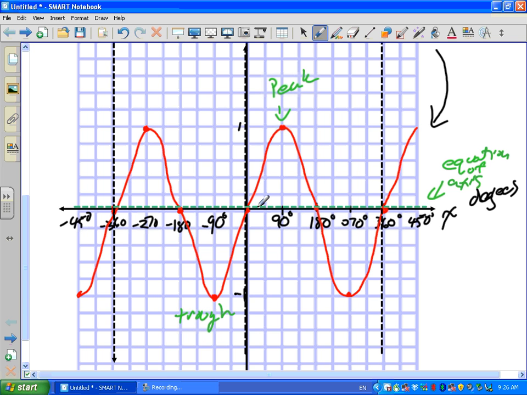How far is it from the equation of the axis to the peak? It is 1. And from the equation of the axis to the trough, it is negative 1. Still the unit of 1, right? We've still traveled 1. So the equation of the axis is the middle. It's the same distance to the peak and the trough, 1 unit,